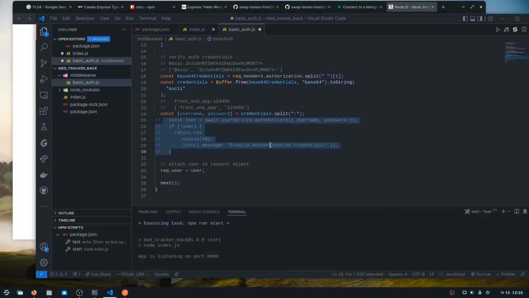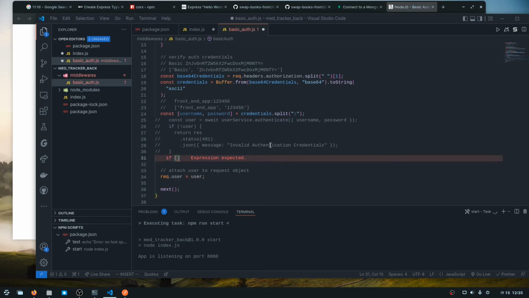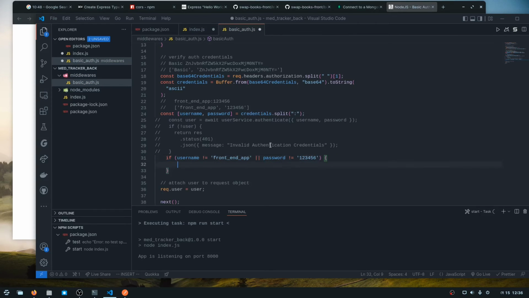So what I will do is I will say, if username is not equal to front-end app, or password is not 1 2 3 4 5 6, return this. Okay,